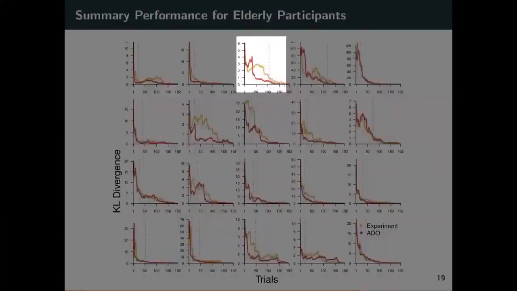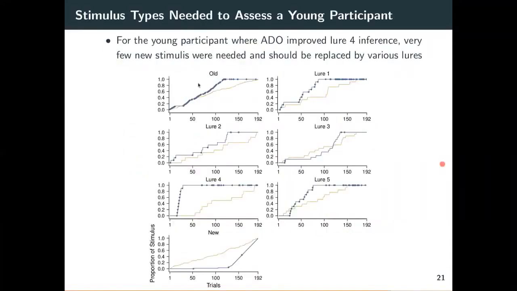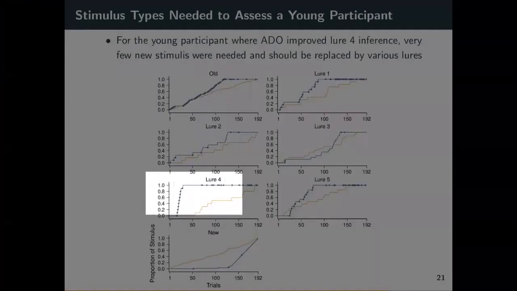One interesting analysis to understand the performance of adaptive design optimization is to look at when it drew upon stimuli from each of those different stimulus types. That's shown in these graphs. So for example, in this panel, we have the pattern with which the Lua 4 stimuli were presented. And you can see for adaptive design optimization, it presented the first one here and then presented many Lua 4 stimuli in a row. It prioritized the presentation of these. The dots indicate that it was the highest expected information gain stimulus at that point. And you can see that it presented them much earlier than the random experimental order did.